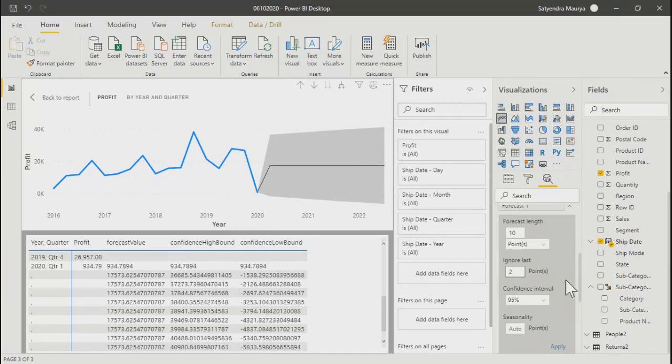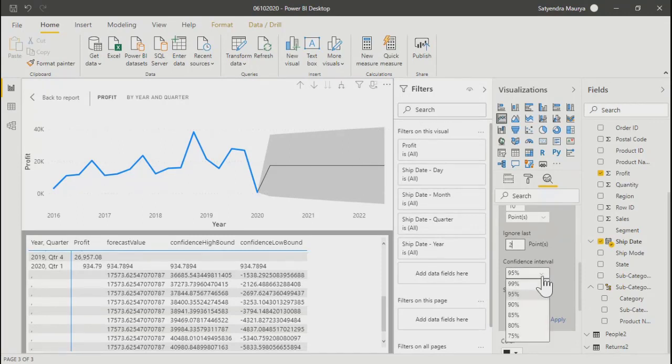All right. Then you have confidence interval. By default, generally they take 95% in most scenarios, and then they do an analysis. Over here, you have 99% but you don't have 100%, because even if you take 99%, there is still an opportunity of 1% error. So that's why we keep it like this. In any statistical analysis, it will go to a maximum of 99% confidence interval, or normally they take 90 or 95.